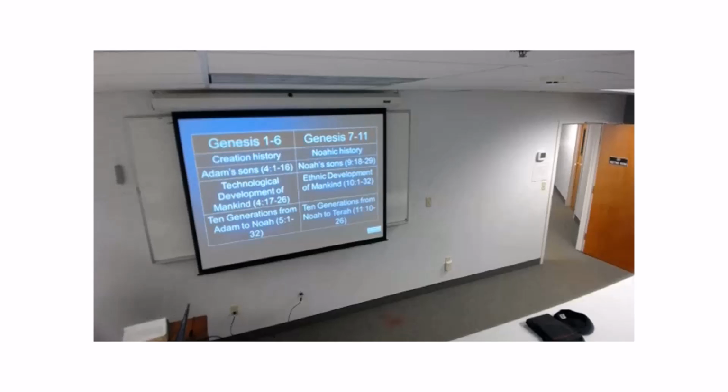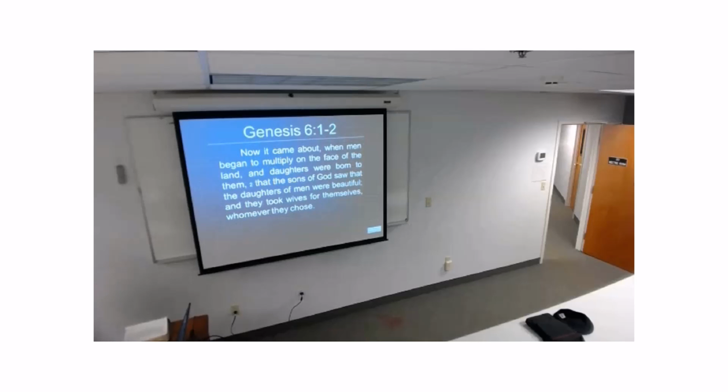And again, in chapter 11, you have 10 generations that are listed from Noah to Terah. So you can see how God intended for us to have some form in the way in which this history is communicated to us. Once again, I wouldn't nail that down as specific descendants, but these are the names that are given. Last week we talked about how in Matthew's genealogy too, we have the same idea of the key people that are listed. But again, the author here, there's some parallelism that you can see between the texts.